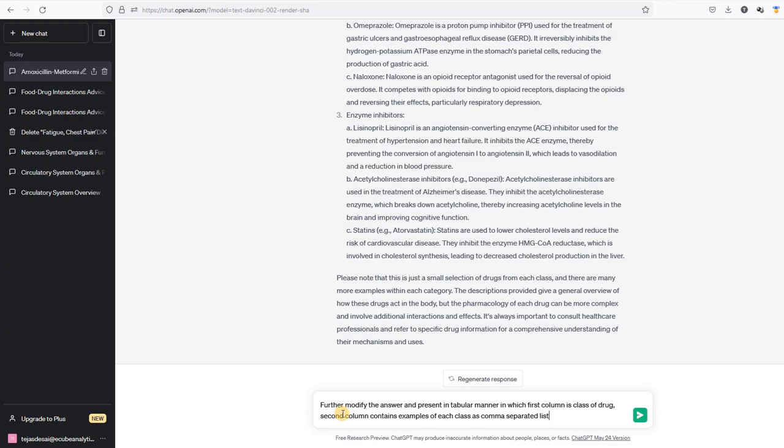ChatGPT is like a small child in some ways, that you have to tell it exactly how you want